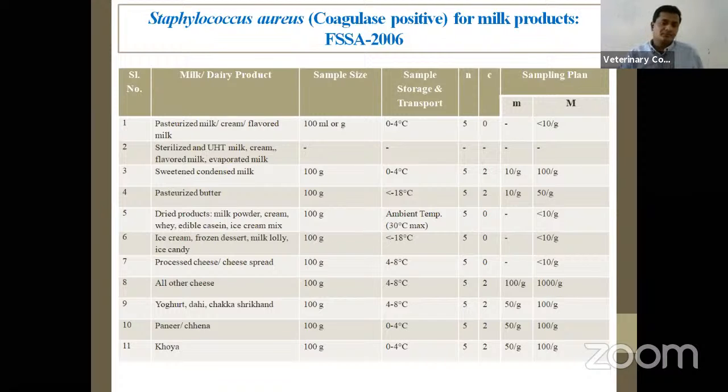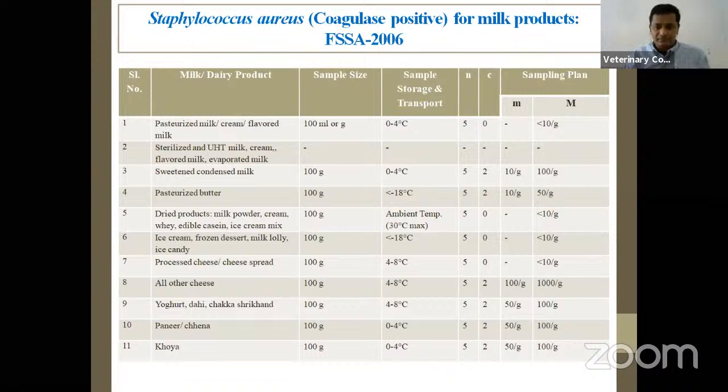Staphylococcus aureus. There are various kinds of Staphylococcus species, coagulase positive, coagulase negative. These are all the Staphylococci that occur in the food. But our Indian standard, the FSSAI standard, speaks only about coagulase positive Staphylococci because they are associated with virulence and toxigenic potential. Staphylococcus is both a safety indicator as well as a quality indicator. Quality in the sense that it is an indicator with respect to hygiene, and second, given the chance, it is going to produce disease. That's why you are getting a mixed response here.